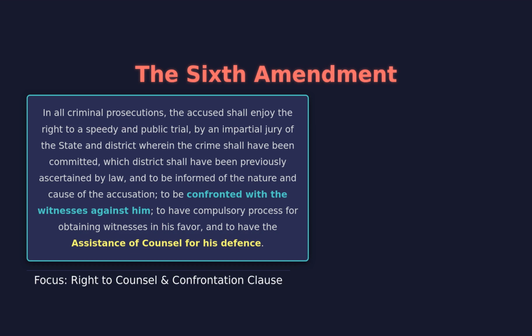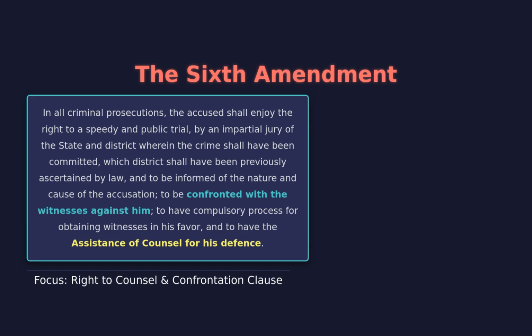The Sixth Amendment to the United States Constitution guarantees crucial procedural rights to individuals facing criminal prosecution. We will examine the full text now. It states, "In all criminal prosecutions, the accused shall enjoy the right to a speedy and public trial, by an